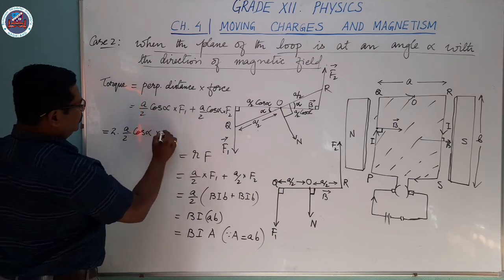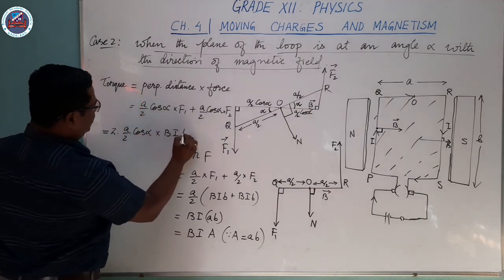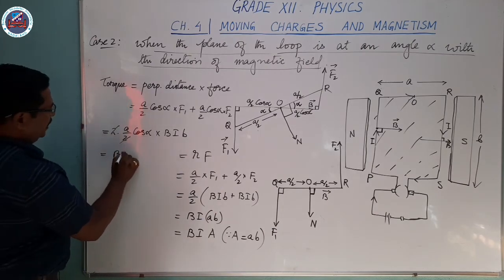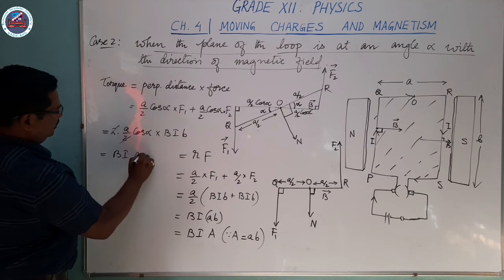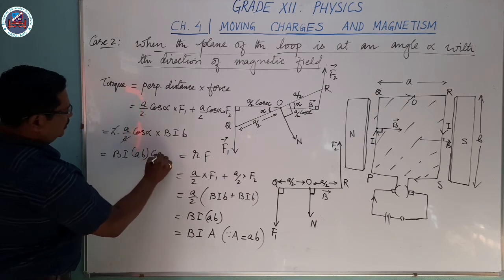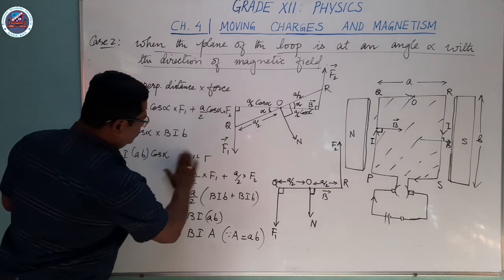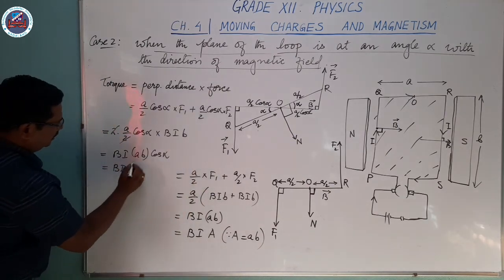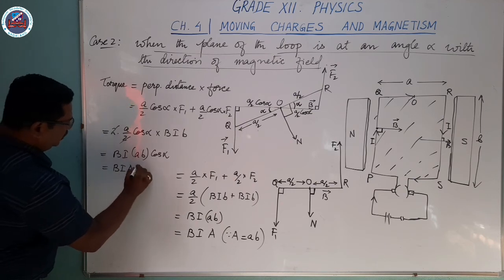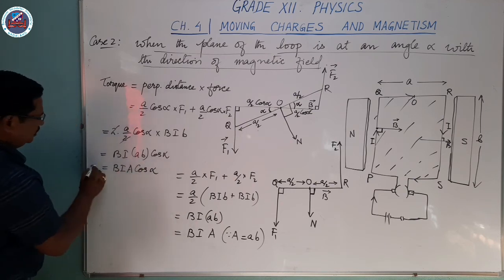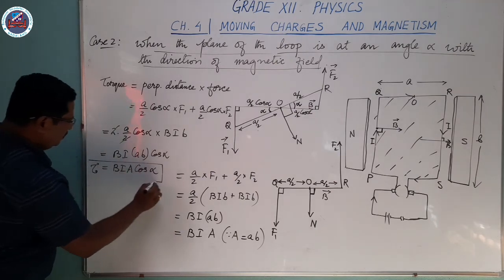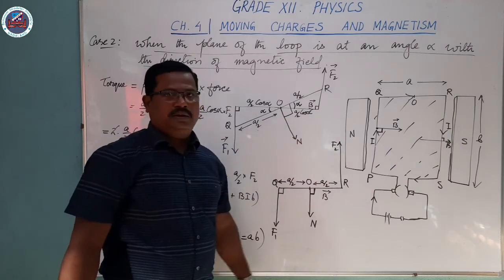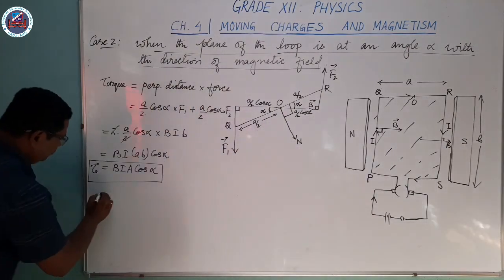The force is BIB. So this 2 and 2 cancel out, and you get BI, A into B, AB cos alpha. Then this will be BI A, the area of the coil, cos alpha. This gives you the expression for torque, when the coil is inclined at an angle alpha with the direction of the magnetic field. And if the loop